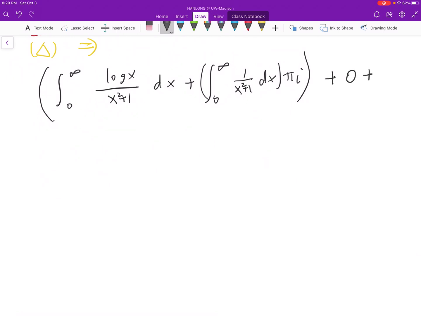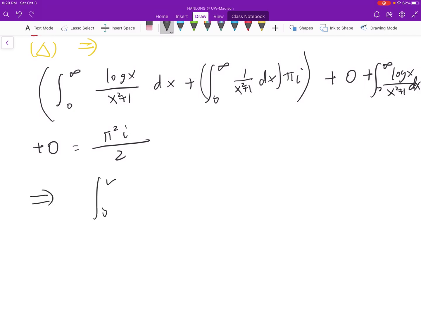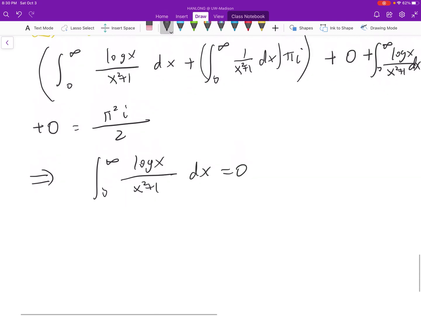For I3, it's the original real integral. And I4 is 0. I5 is pi squared i over 2. Then compare both sides, we conclude further that the integral of log x over x squared plus 1 dx is 0, and the byproduct is that the integral of 1 over x squared plus 1 dx is pi over 2, which